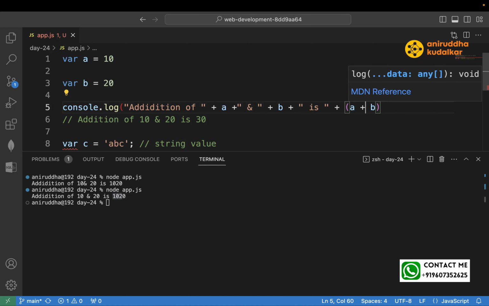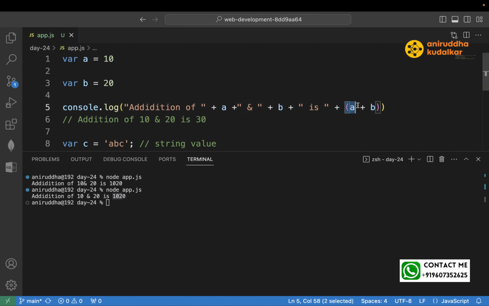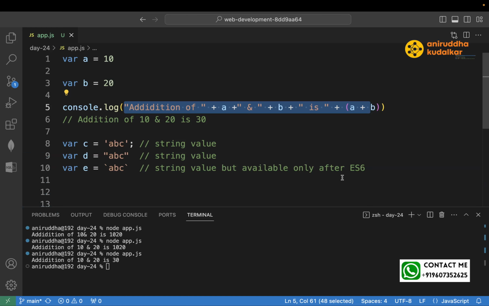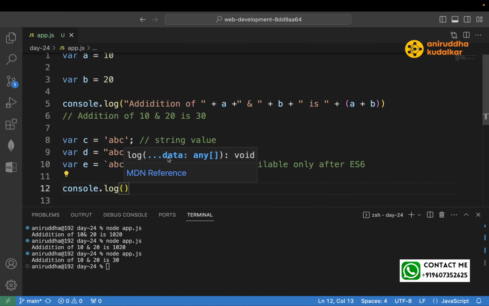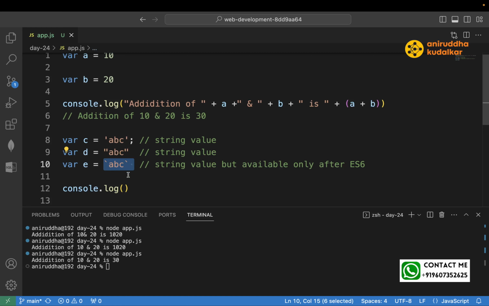So if you want the correct answer, just add brackets to this a and b. And if you see here, addition of 10 and 20 is 30. Yes. Now see how much effort you need to do in the concatenation. But the latest version of JavaScript says, boss, don't worry, I have one operator called string evaluation. Now see here, backtick, here I can say addition of,